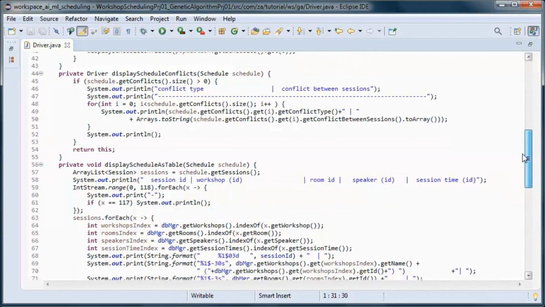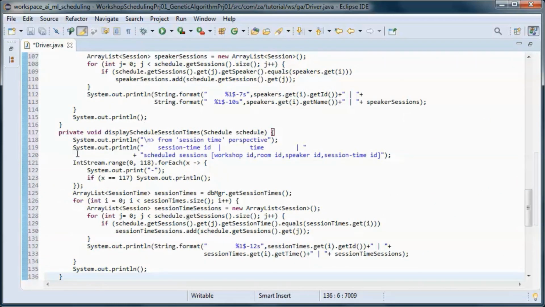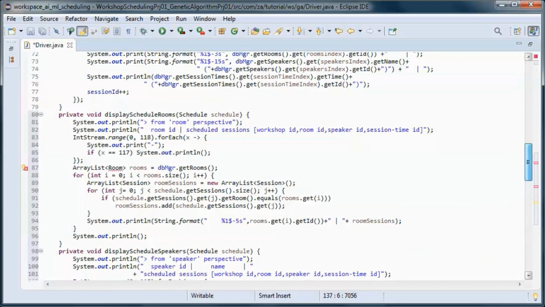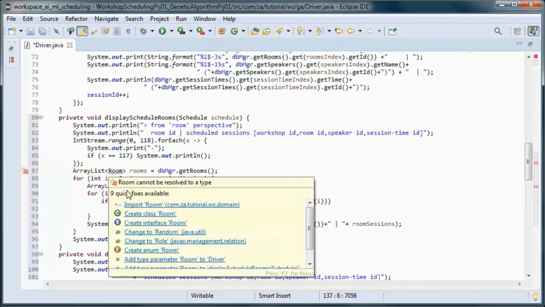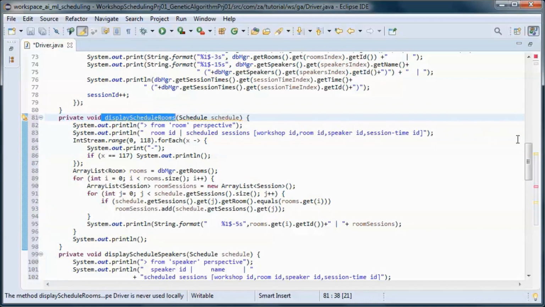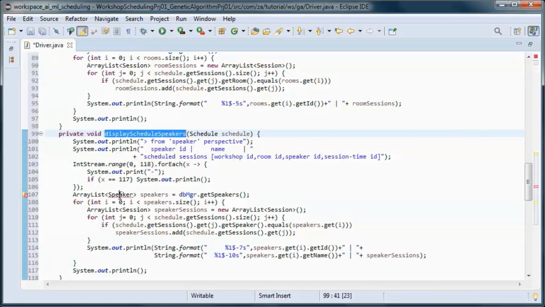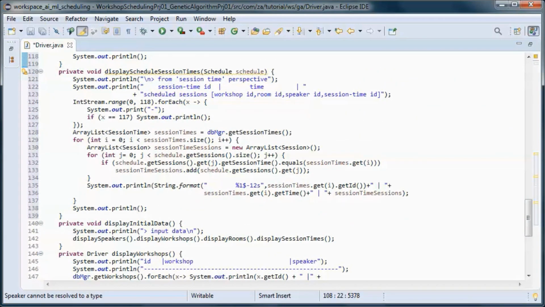Now those three methods display the schedule that we found with no conflicts from the room perspective, and the speaker perspective, and the session time perspective.